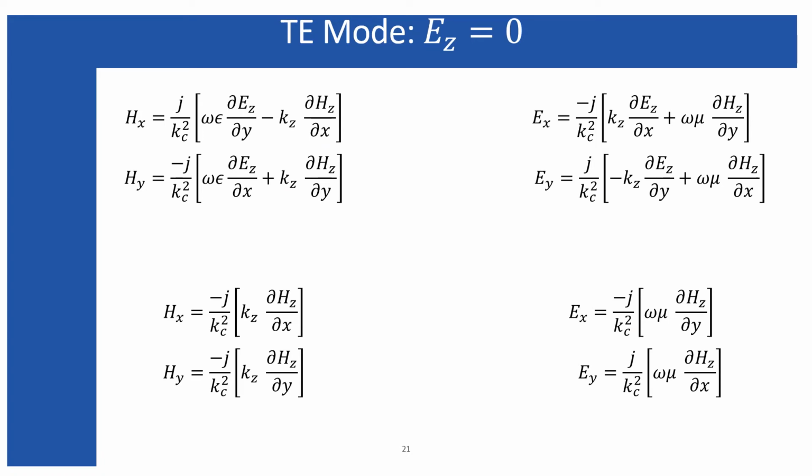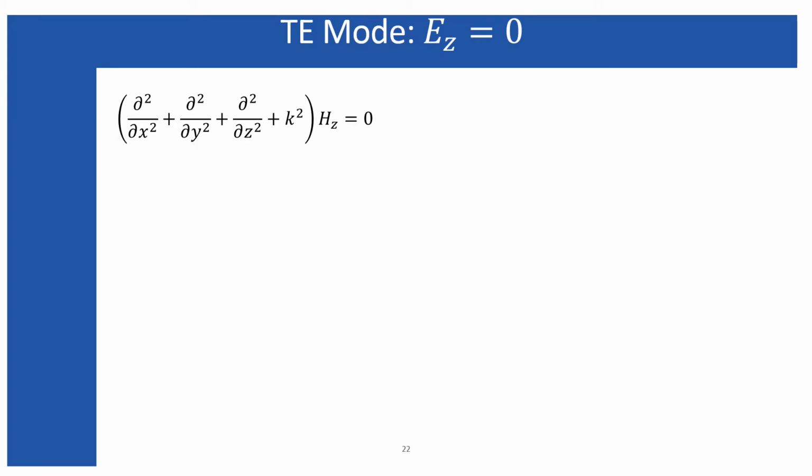Now the TE mode. For TE mode, Ez will be 0 and the rest is similar to the TM mode I have followed. So these are the Helmholtz equations for Hz, because since Ez is equal to 0, there will be only one component parallel to the direction of propagation, Hz. And why am I going to find the solution of Hz? Because all the other reduced components are defined in terms of Hz. So finding the solution for Hz will automatically give the solution for all four of those components.